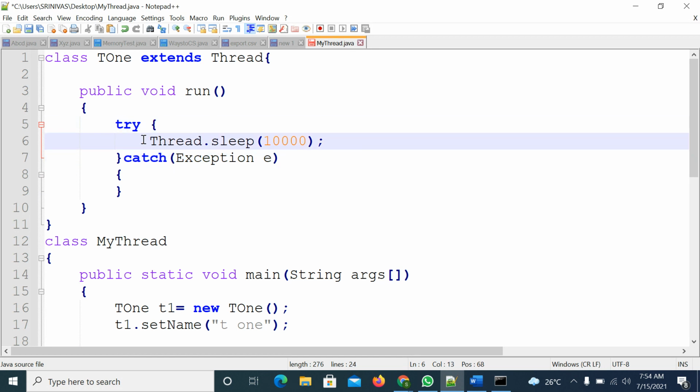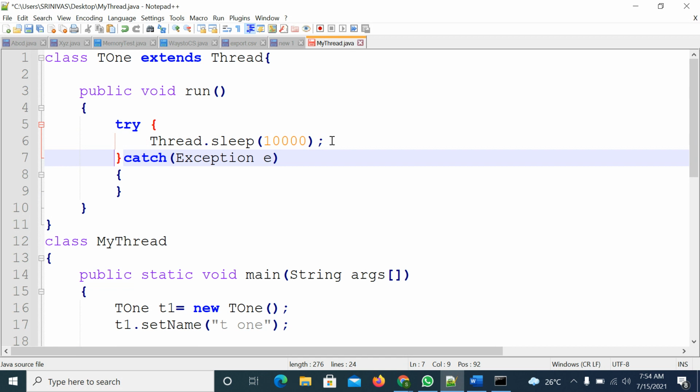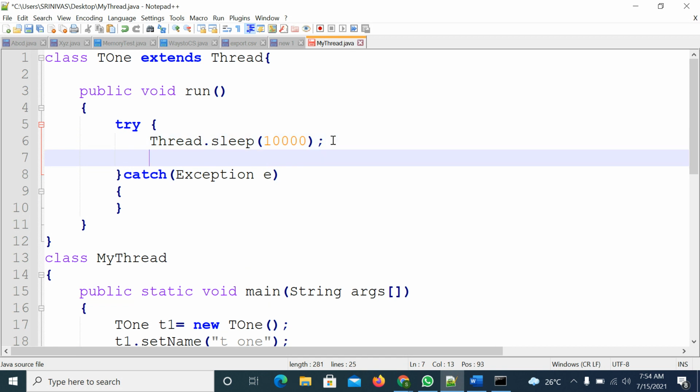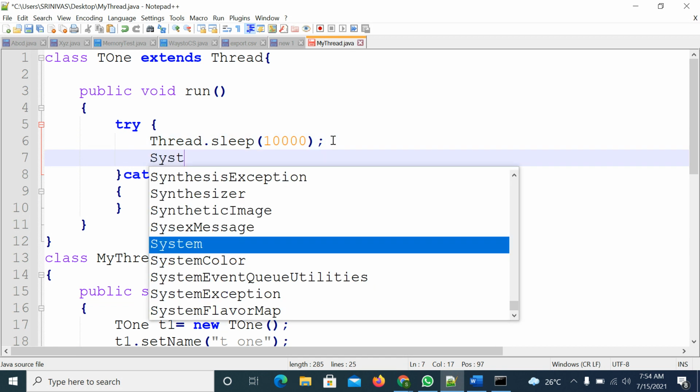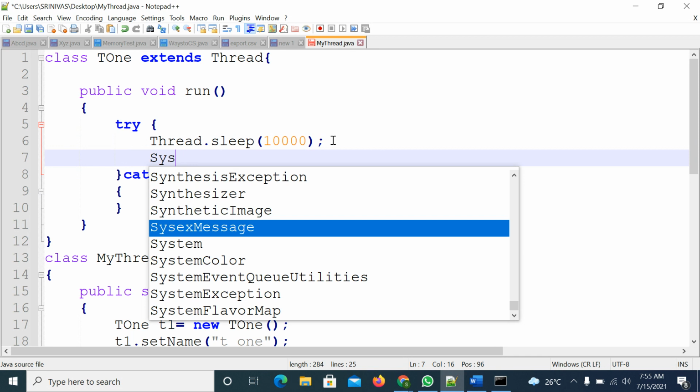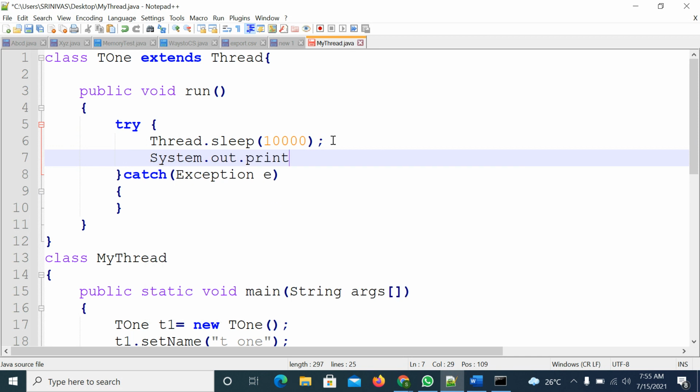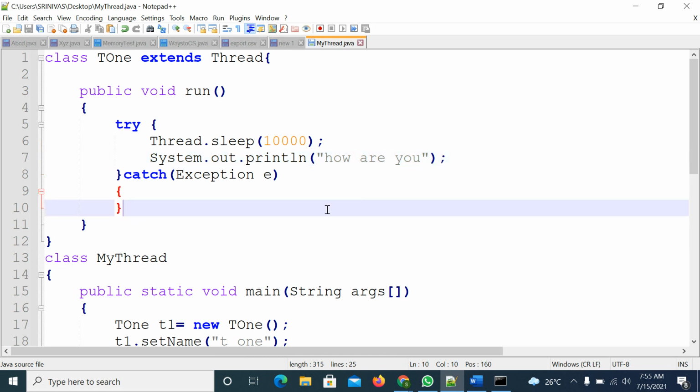Observe here, after the sleep method, I am printing one statement, println, how are you? So save the file. Saved it. Just try to execute it.